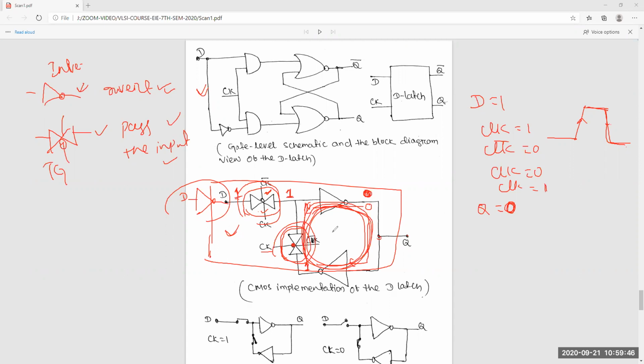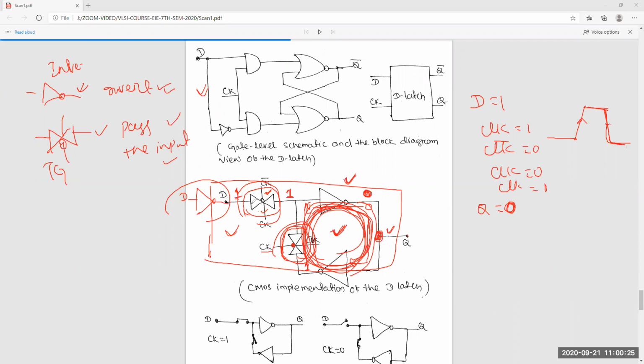So with two inverters back to back, that means now you can say this is a latch. When we are giving a 0 value to the clock, that is when it's a latch. But when it is 1, you get the previous value, whatever it was. But once it is 0, this will be on, and it will stay at that point. So this is the simple latch.